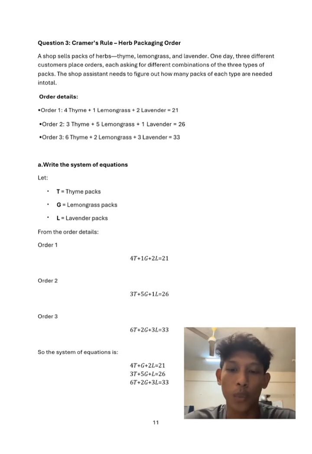So, we now have a system of 3 equations with 3 unknowns. Next, we can solve this system using Cramer's rule to find the values of thyme, lemongrass, and lavender. In conclusion, the important steps in this problem are to define the variables, translate the word problem into equations, and then solve the system